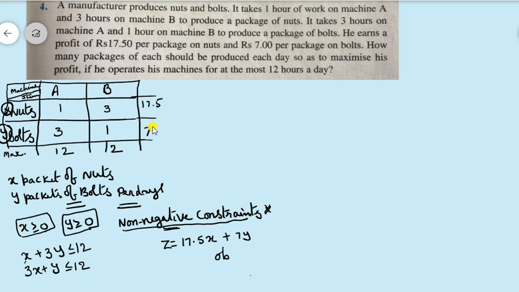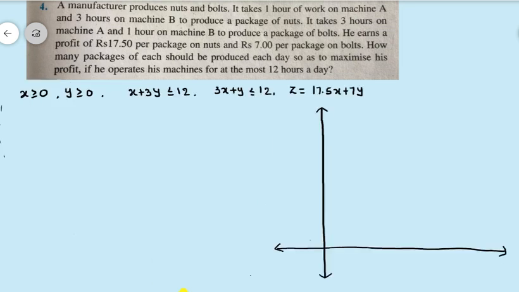This is called the objective function, which we have to maximize, because we want the maximum profit. And these are called constraints. Earlier we called them non-negative constraints. Either this one or this one is not required to be given, because I haven't specially mentioned the definitions. That's why I am discussing it in the question itself. So the first part of the question is over.